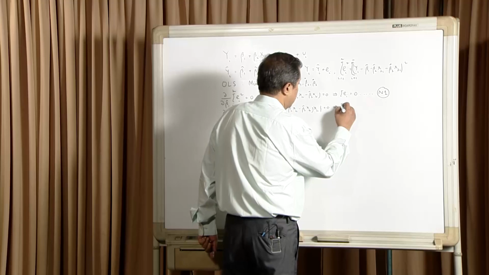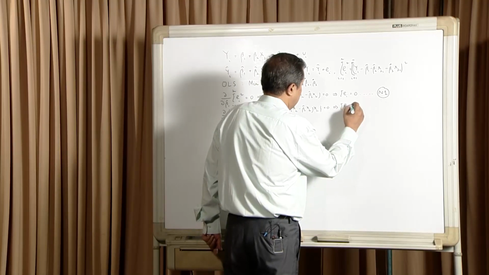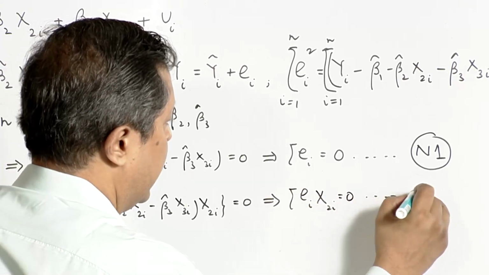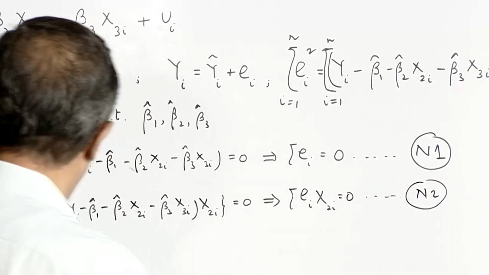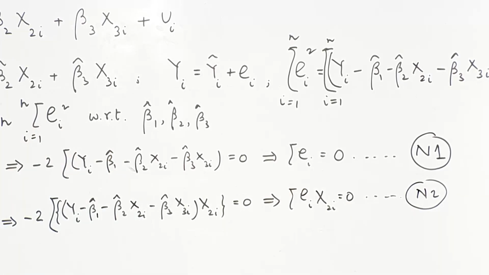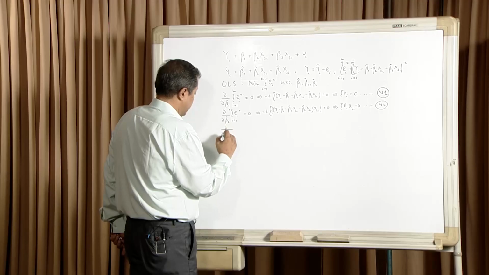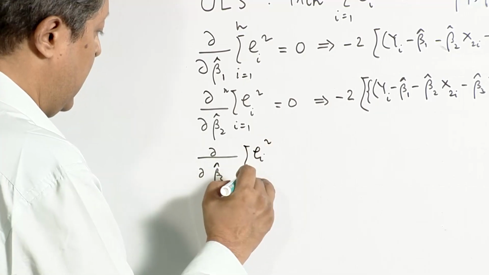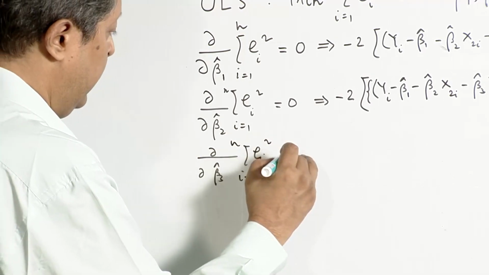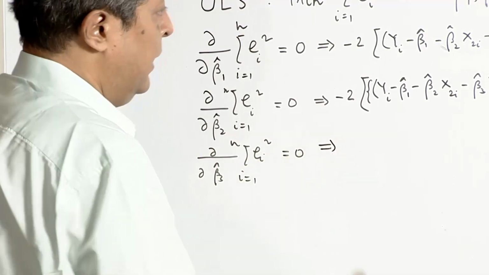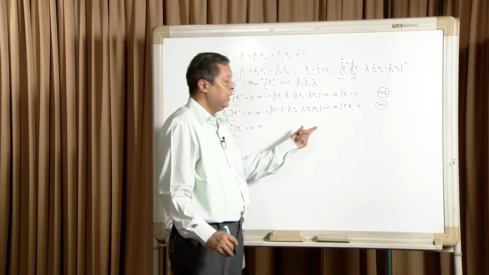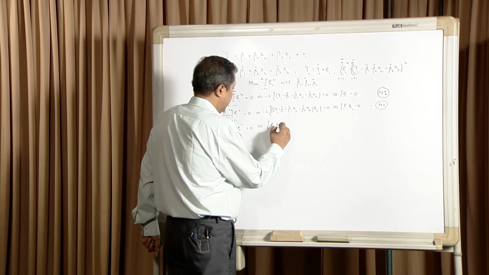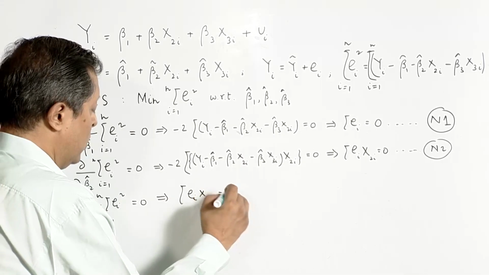So, that is summation e_i x_2i equal to 0, which is the second normal equation. Going in the same way, we will have the partial derivative with respect to beta 3 hat of summation e_i squared, i running from 1 to n, equal to 0, which will imply, instead of x 2, now we will have x 3. So, I am writing it in one line, that is summation e_i x_3i is equal to 0,